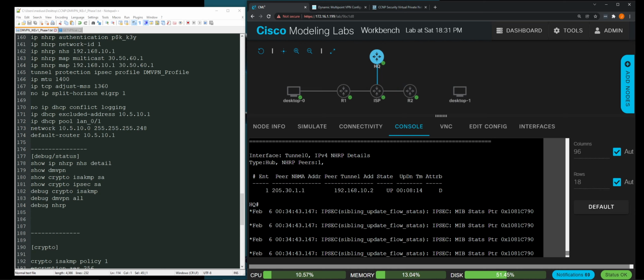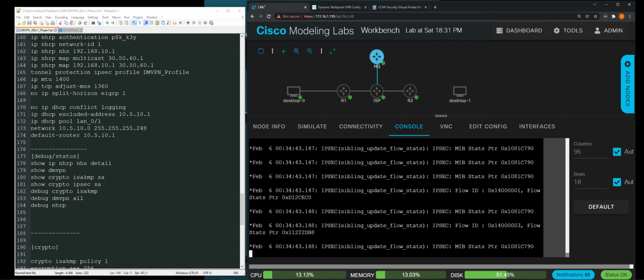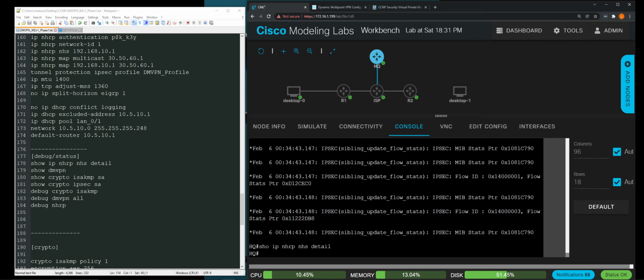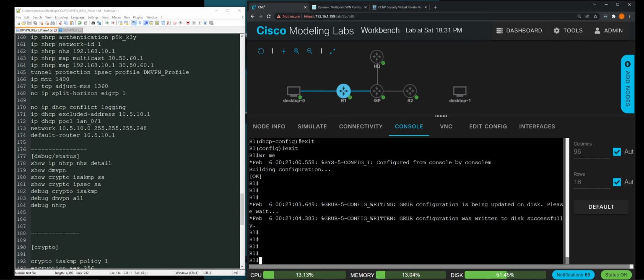When we get R2 configured, it'll be in the database there. We could do show ip nhrp nhs detail, and I think this will show on the hub. Okay, no, it doesn't show on the hub, but if we do it here on the spoke, show ip nhrp nhs detail,